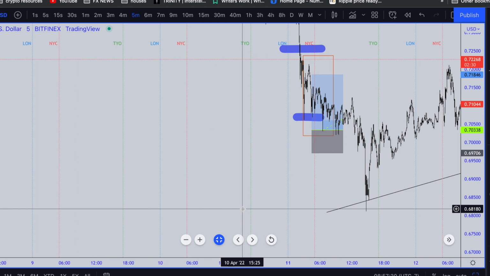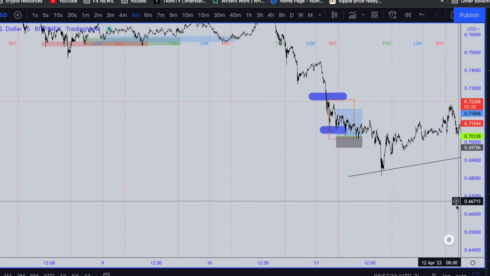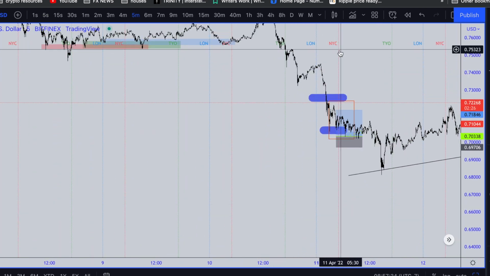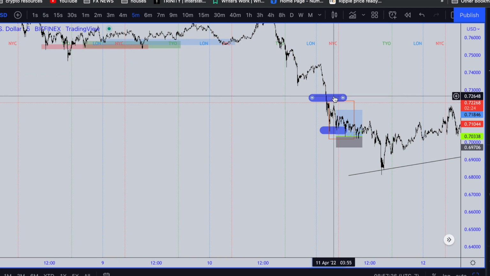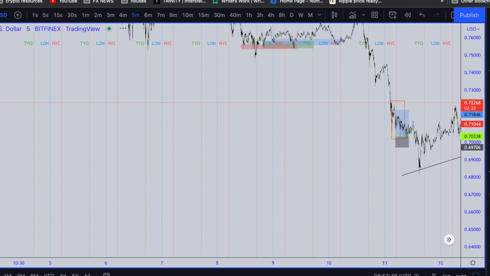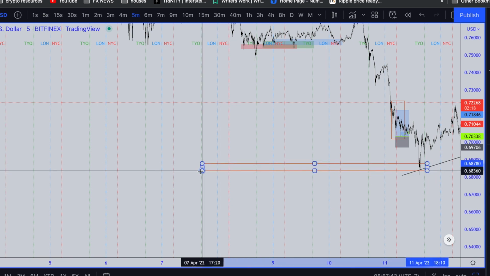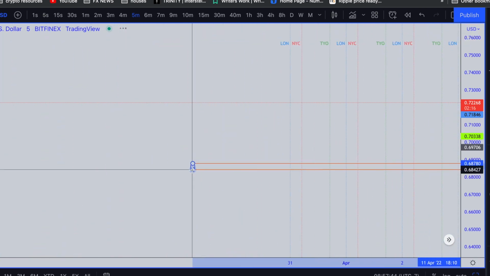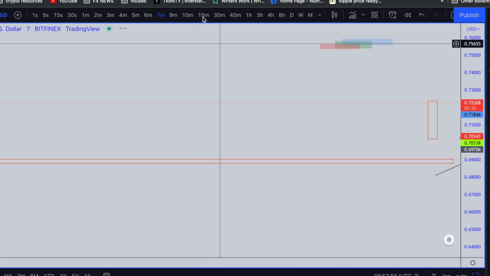Okay, if you guys zoom out, I guarantee you that this links up with the previous area of New York session where they might have purchased from in the past. So let's just go ahead and fact check that real fast. We'll put a little box on this and we'll extend this out. Let's see if we can find another New York session where they purchased from discounted price. Let's go to the higher time frame.